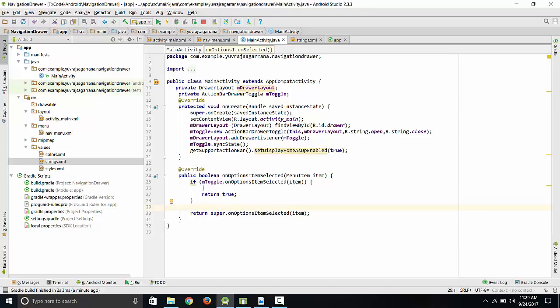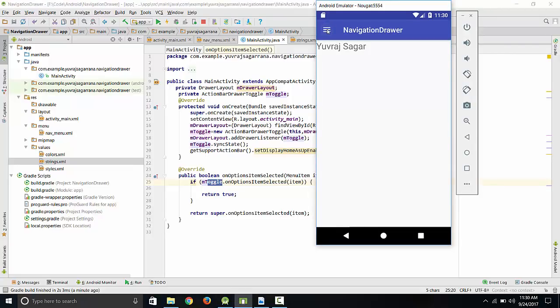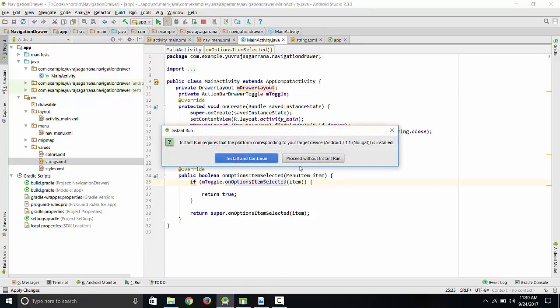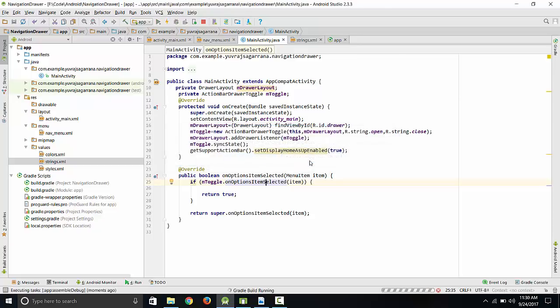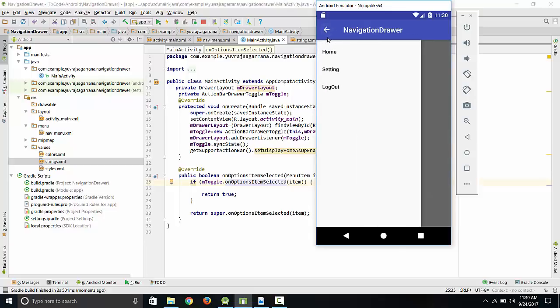What we have done, am toggle dot on option item selected. If we select this am toggle, this is am toggle. We have given this name am toggle. If this is selected, then just return true, and again we run one time whether it is working or not. Go here. Now it's working perfectly. Look,